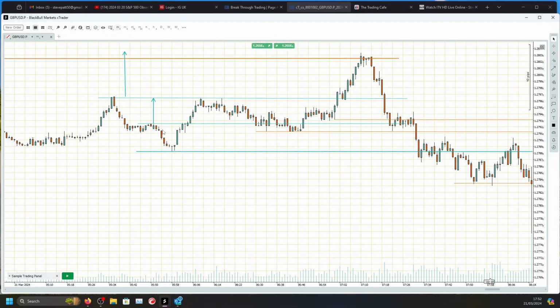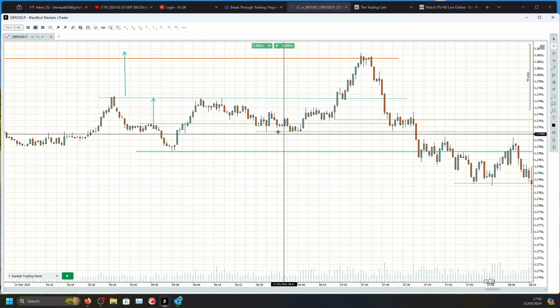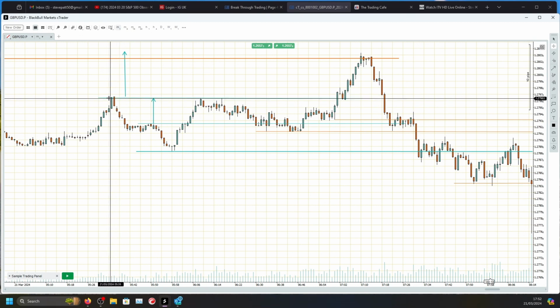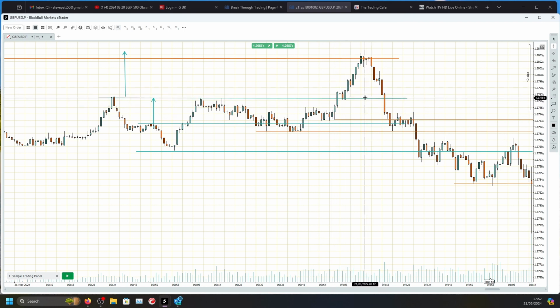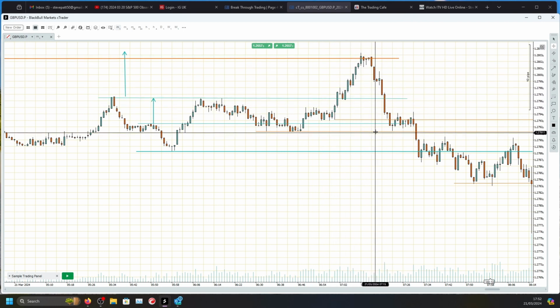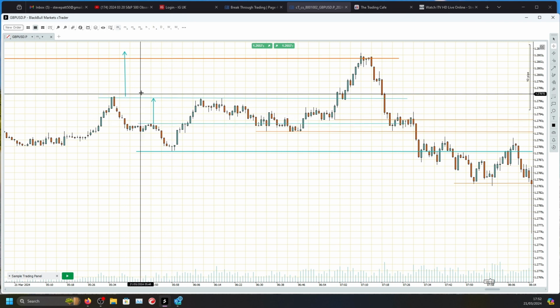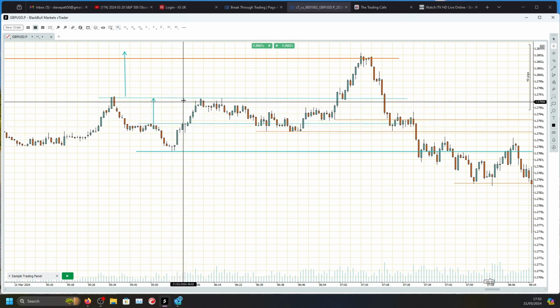See, there was the break of, what time is that? See, that's 5:45 UK time. That was the break of that 15-minute candle. And then you see price started moving out and breaking above this 15-minute candle here, which was the 5:30. When I saw that, I did initially think, well, if price came back and I saw bullish reaction within the top of that candle and between these two lines in here,